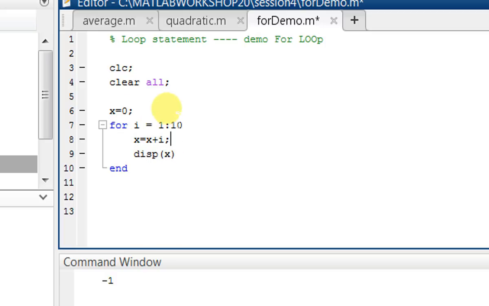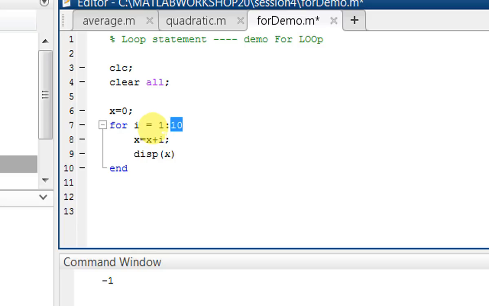Now, has our finish condition arrived here? No, because our value is 1. Now the scope is defined, meaning i gets incremented by 1. So how much is it incremented? By 1 till we get the final scope. Now what is the value of i? Now our value of i is 2.